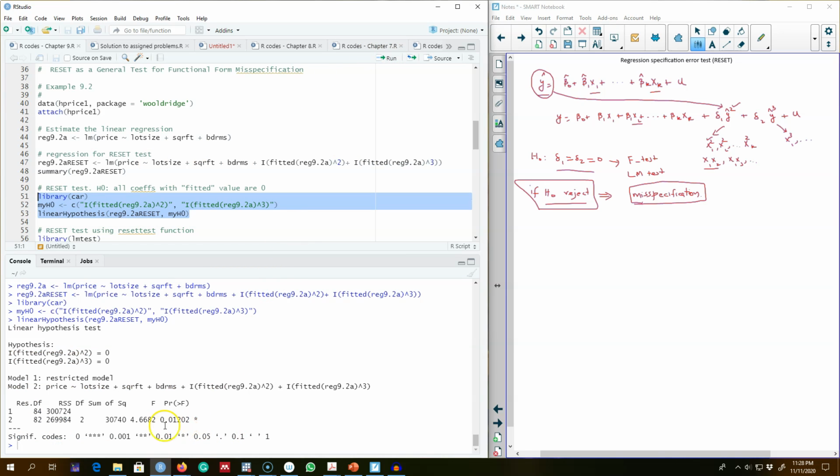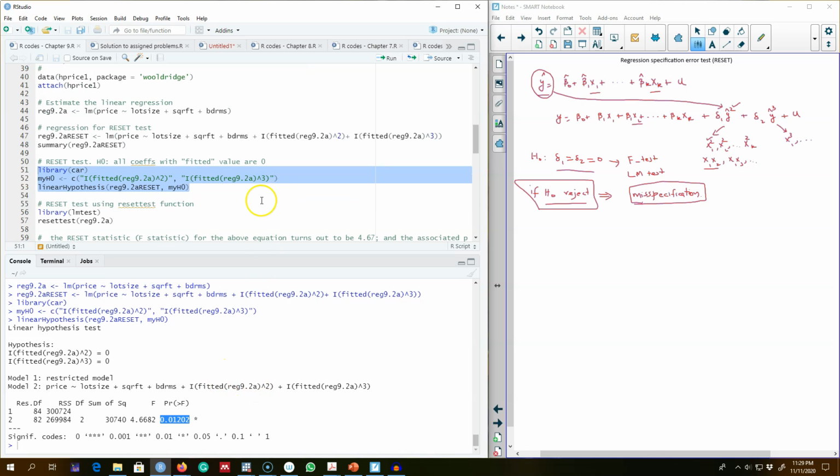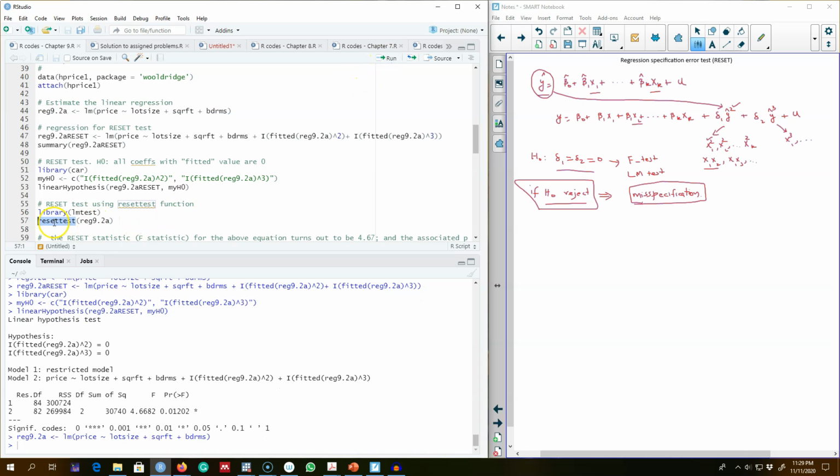So looking at the F-test, the F value is about 4.67 and the p-value is about 0.01. So we are rejecting our null hypothesis at about 1% and conclude that there is misspecification of functional form in this regression model. An easier way of doing this is to regress our original model and use this function resettest